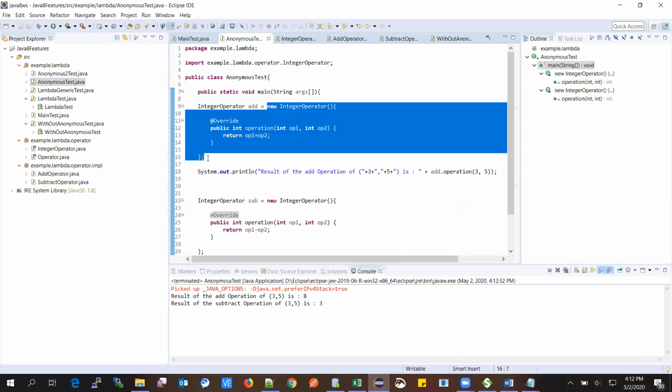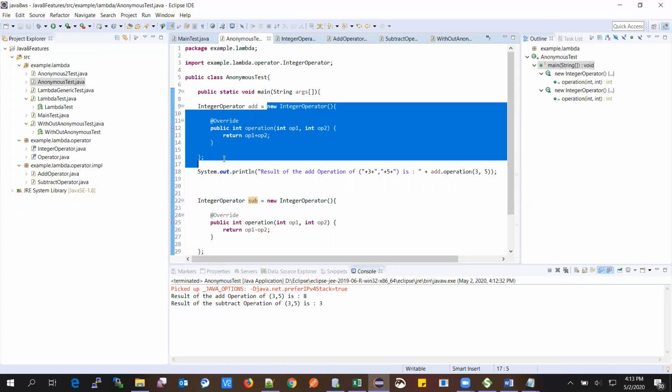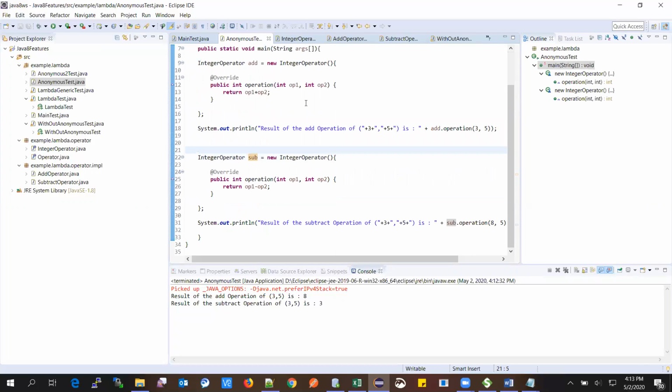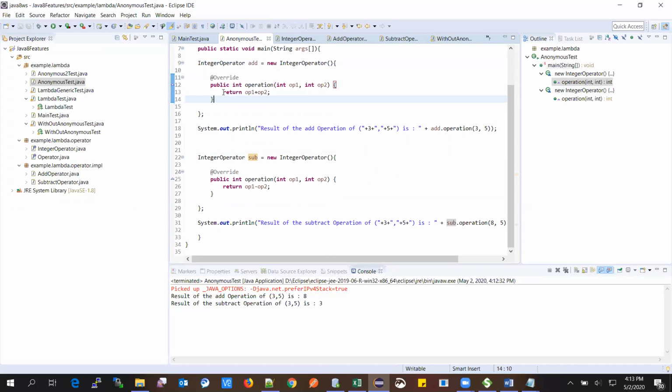If you closely observe the integer operator add object and the integer operator subtract object, so many lines, and everything is the same except this one: op1 plus op2, op1 minus op2.